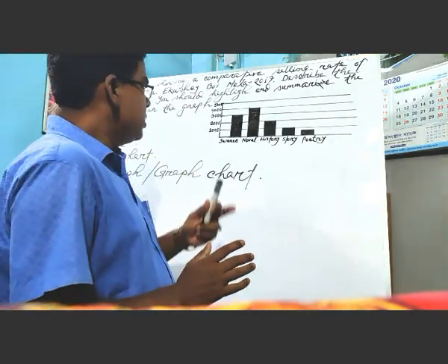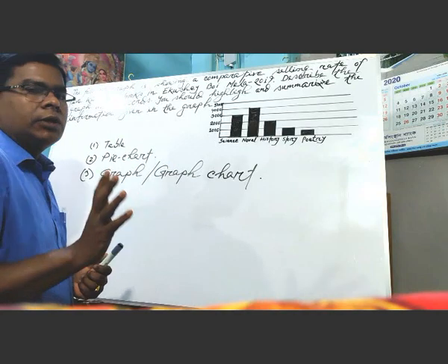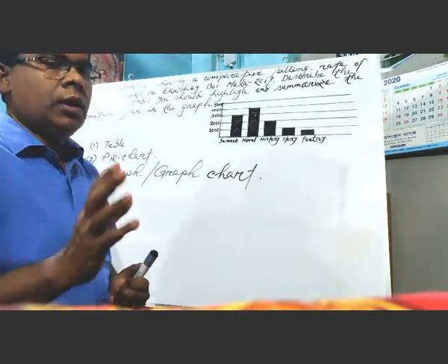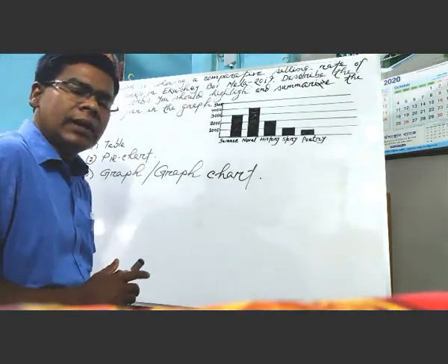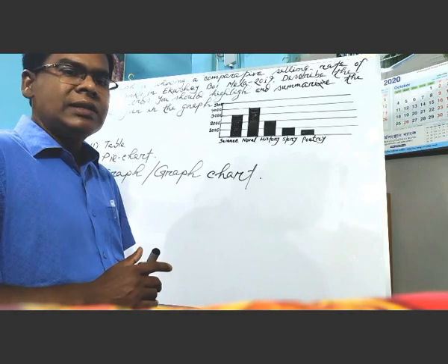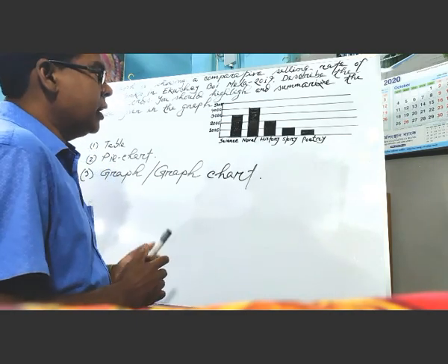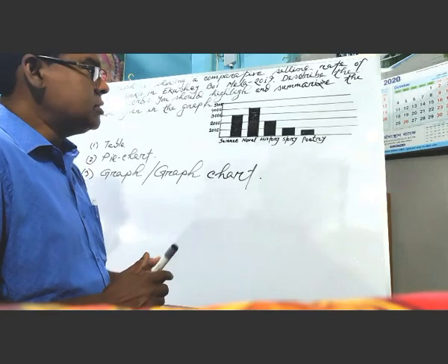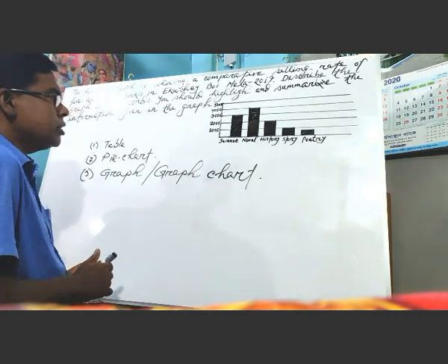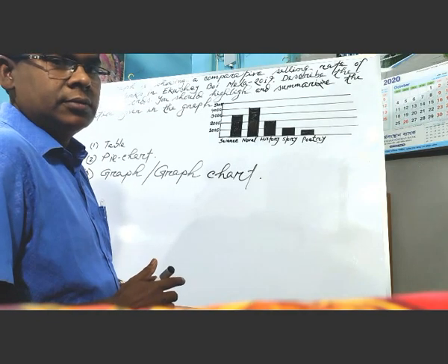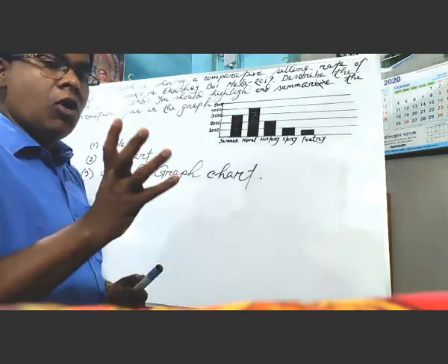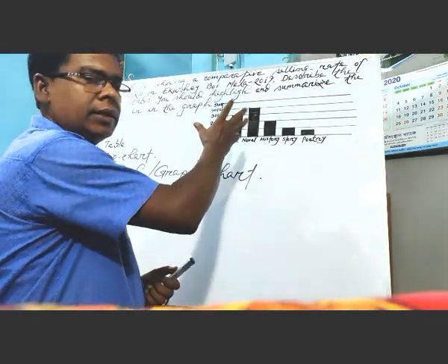Now I will say to you, students, in a graph chart you have some bindings: what you are allowed and what you are not allowed to write. Actually, to describe a graph chart, you are never allowed to write from your imagination. The imaginary world should be avoided at the time of writing a graph chart, because it is one kind of geometry and it is science. So you are not allowed to write from your imagination. Number two, you will only write or describe the authentic data or information that is written here in the graph,